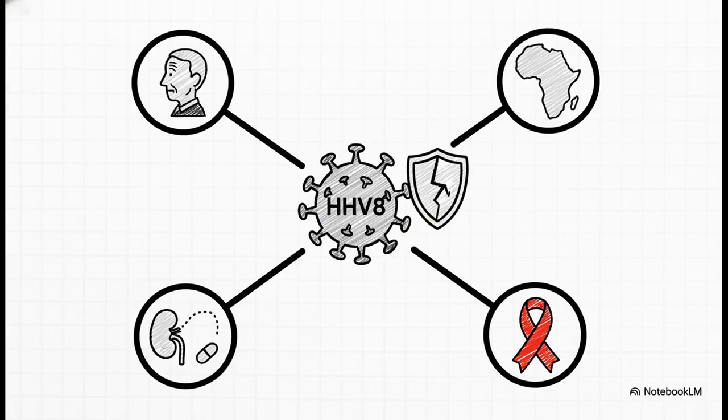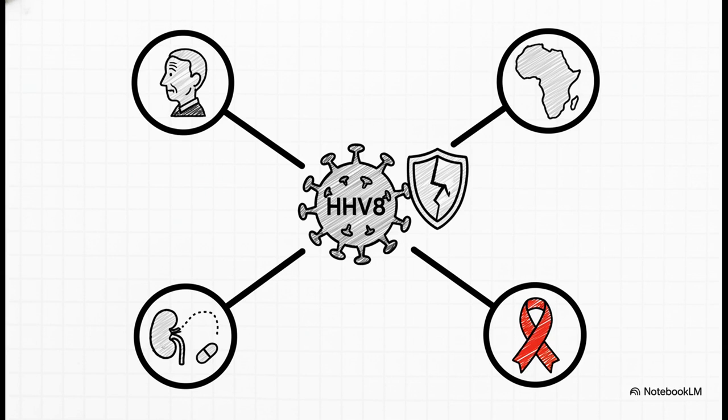Now, Kaposi sarcoma is really fascinating. It's actually caused by a virus called HHV8. But here's the catch. The virus alone is not enough. The tumor's behavior depends completely on the patient's immune system. It's like the virus is the seed, but it needs the right soil to grow, and that soil is a weak immune system. You can see there are 4 different types, but they all have one thing in common, a